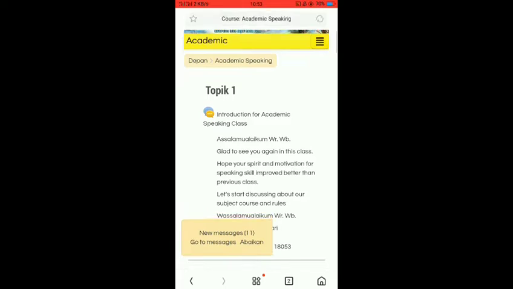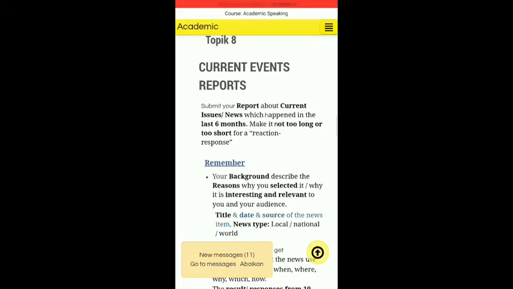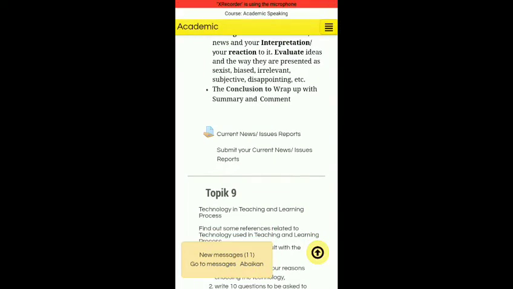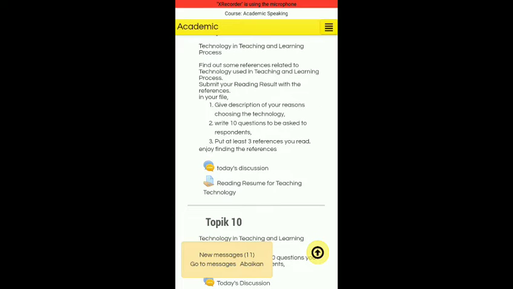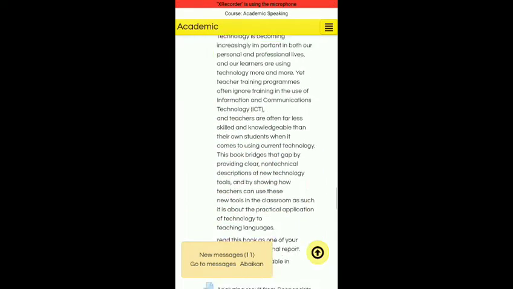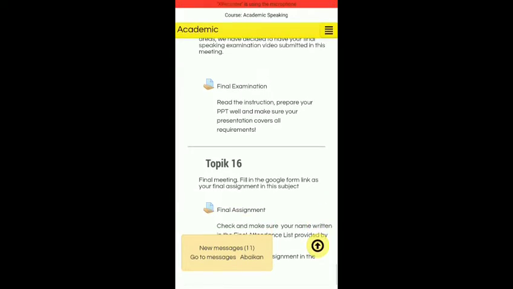Okay, here there are topic 1 until topic 16, and there are so many materials that we can access, we can download, and also there is a room for the discussion for my lecturer, and then also we can submit the assignment, submit the final exam, and so on. Okay,